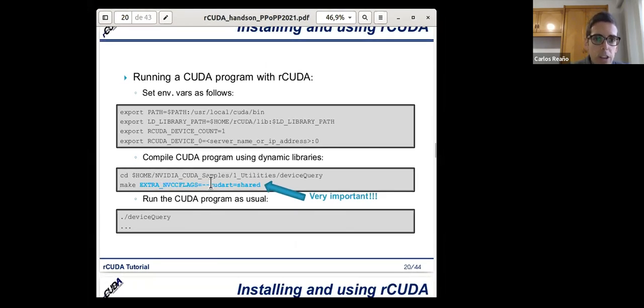You see, you need to add this flag to the NVIDIA CUDA compiler if you have not done so. It's important that it is compiled using dynamic libraries. That means the already compiled CUDA program, the output binary, will use the CUDA code with dynamic linking. So if it is compiled using dynamic libraries and you add the rCUDA library, like in this slide, to the library path, then you don't need to modify your application. It will be transparent to you.